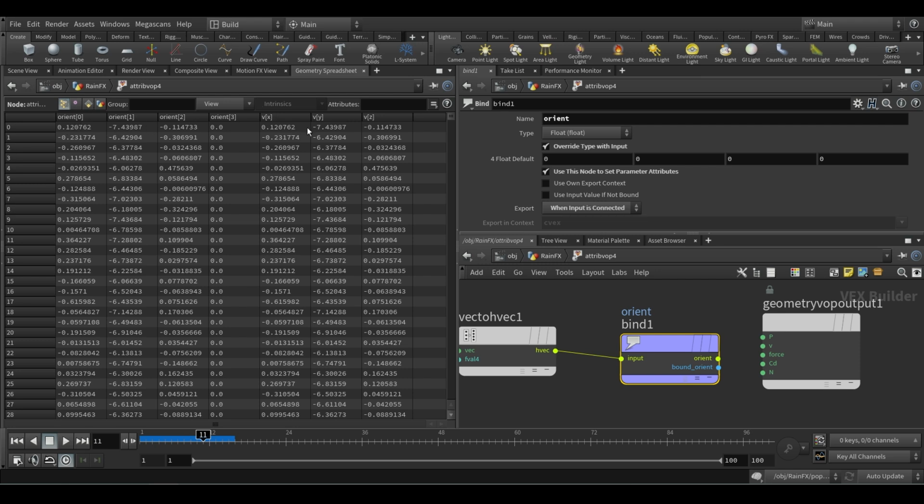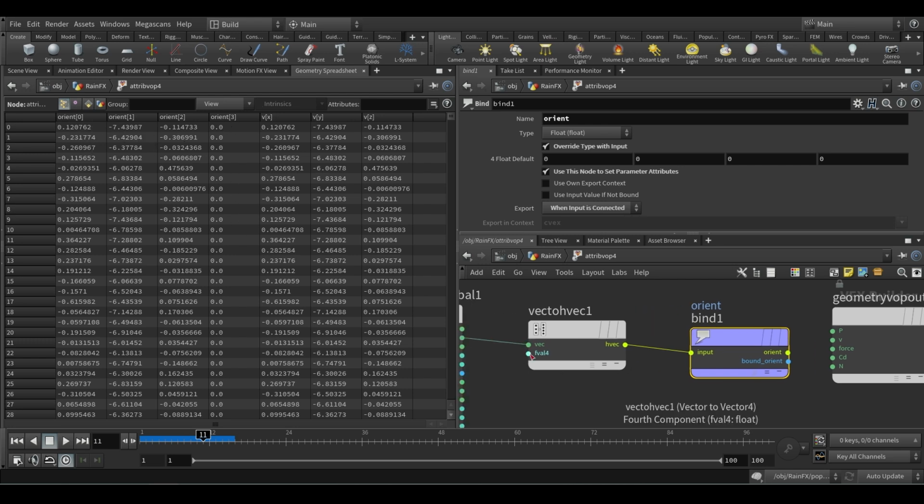X, Y, Z, X, Y, Z. It's the same. So whatever the velocity is, that's going to be how our geometry's orient or direction, where it's going to face. And this is 0 because we haven't plugged anything, and it is time, and we don't have any time related in the velocity, so let it be 0.